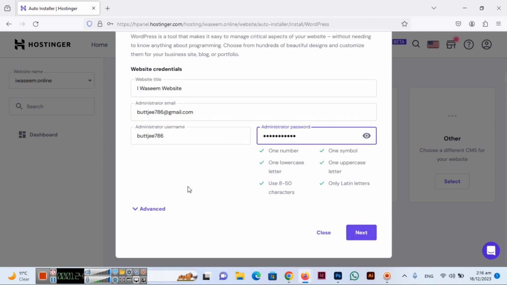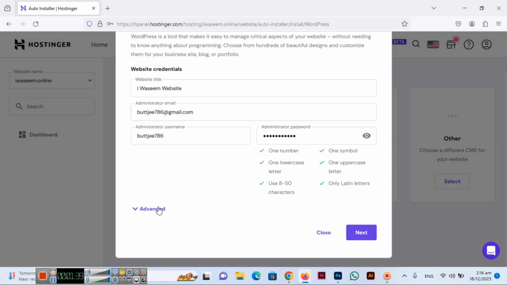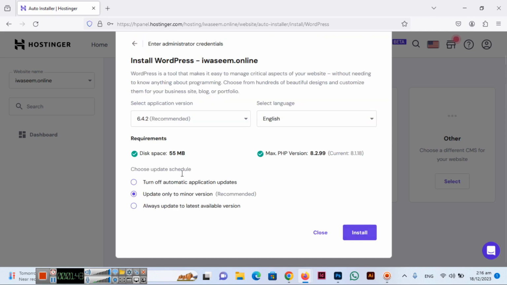And if you are going to install WordPress in a directory or subdomain, then you will use advanced options. Otherwise, for the main domain like a TLD, top level domain, no need to open these advanced options. Then click on Next. You can turn off automatic application updates because sometimes the latest version of WordPress is not compatible